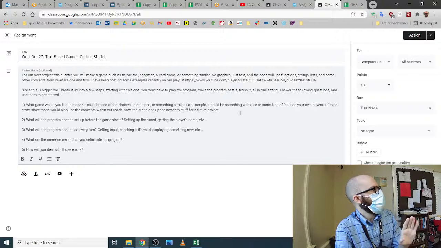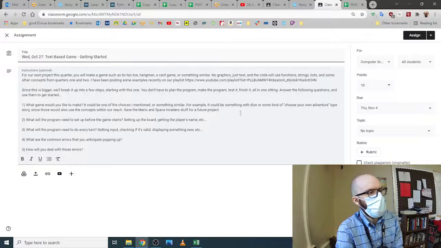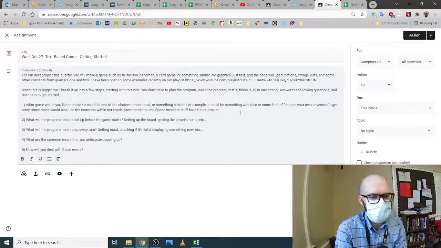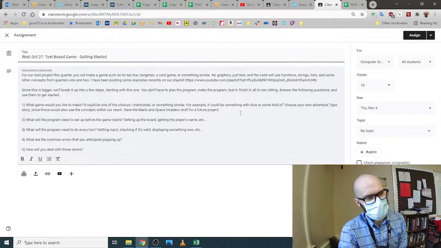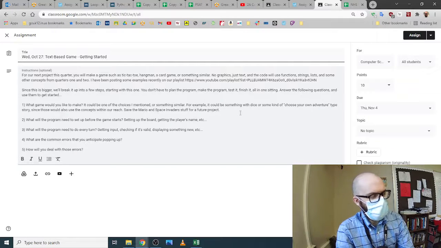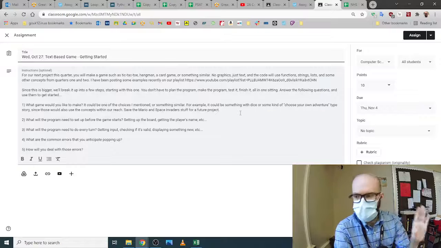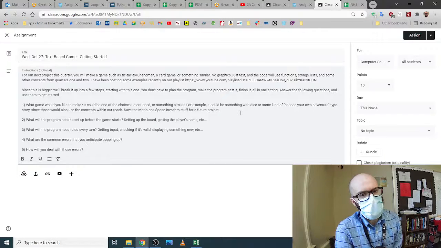Now, we're not talking about a real-time graphical game where you're jumping around or shooting a gun or anything. Maybe in a future unit, in fact, definitely in a future unit, we're going to make some Pong and platformer programs and things like that. But for this one, you want to pick something that can fit in this context we've got. So